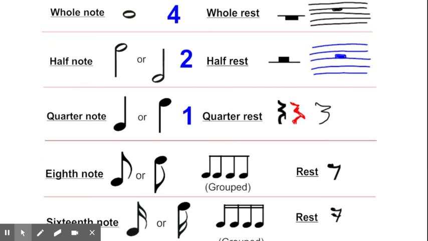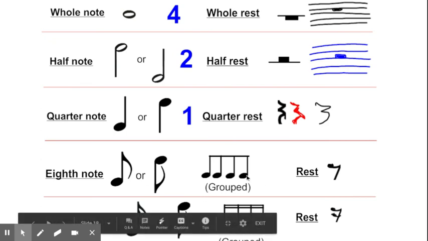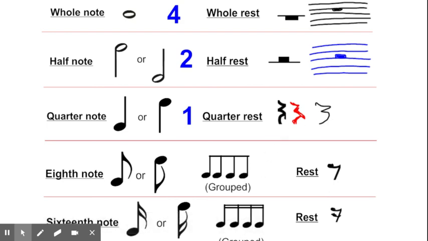And here we go. Now you can see the bottom there. This is what the eighth notes look like grouped, 4 of them. And then down below, the 16th notes, like we've talked about. Interestingly, the tune that I shared those little excerpts from, the Halloween music, actually has 32nd notes in it.